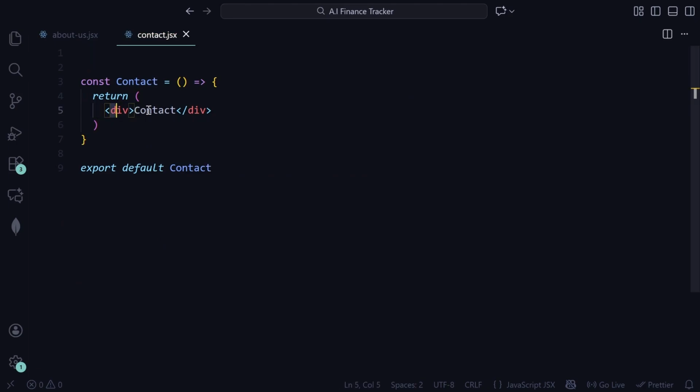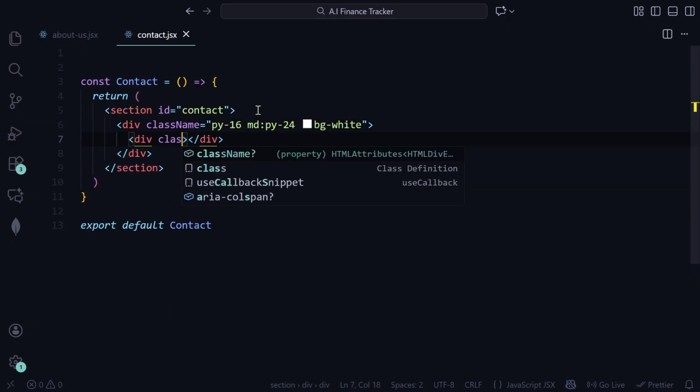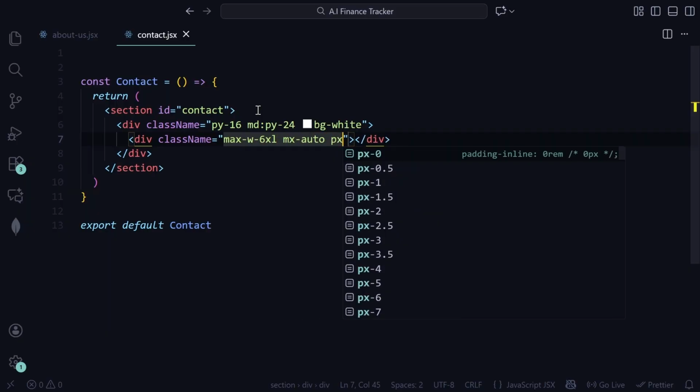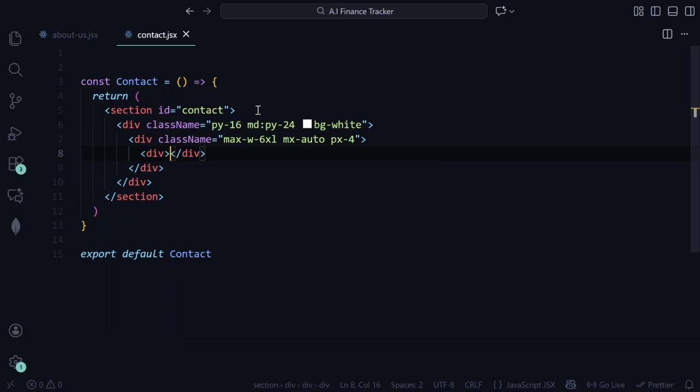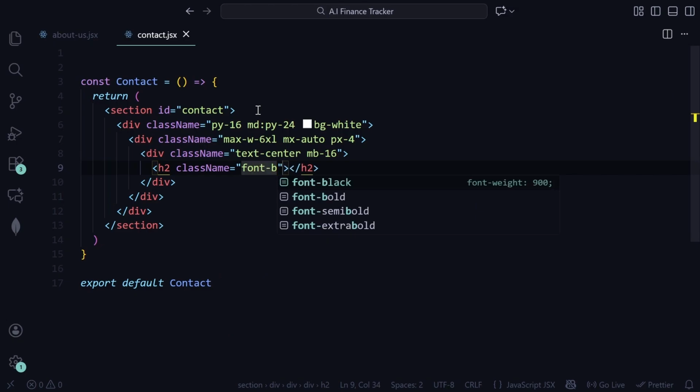Remove all that, remove the div, and then create a section with an ID of contact. Inside that, we have another div with the class name of py-16, and then on medium screens py-24, which is padding, then a background of white, and another div with a class name of max-w-6xl and margin auto. Then another div with a class name of text-center, and then a margin bottom of 16 with an h2 tag with a class name of bold font and 3xl text size